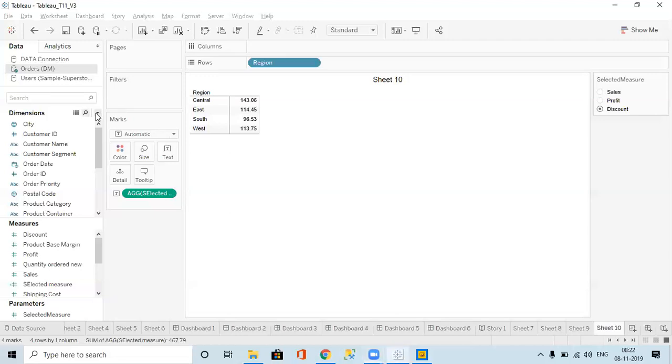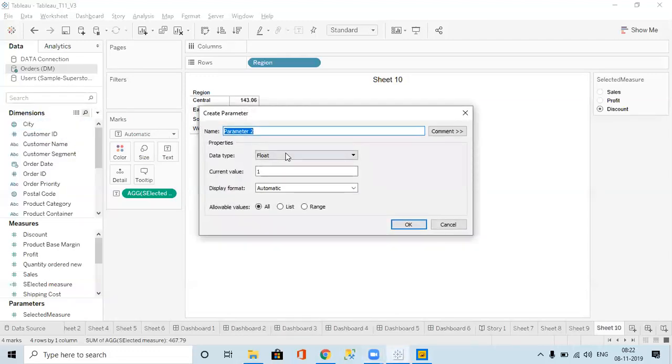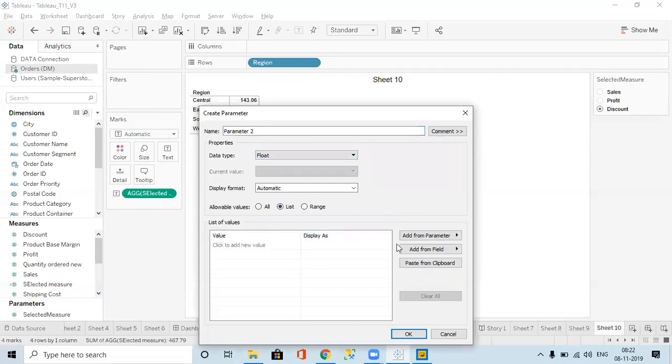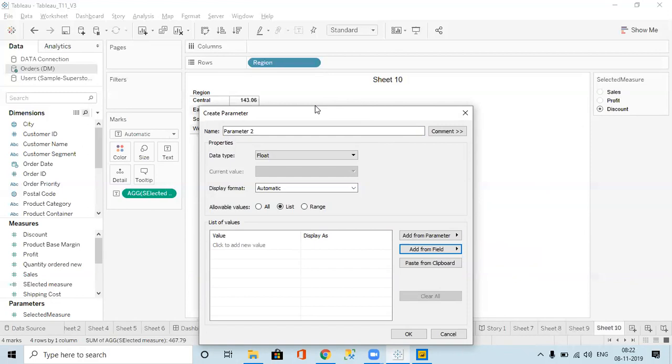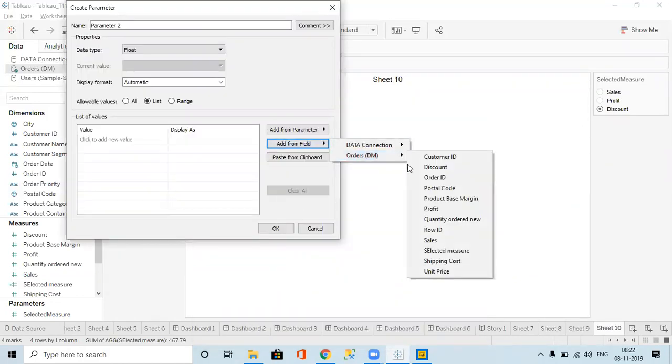We can use the parameter from a field also. For example, I can create one parameter, and I can take a list of values, add from another parameter, or we can add from a field also. Like if I want to add a parameter like region, add from a field, Orders.